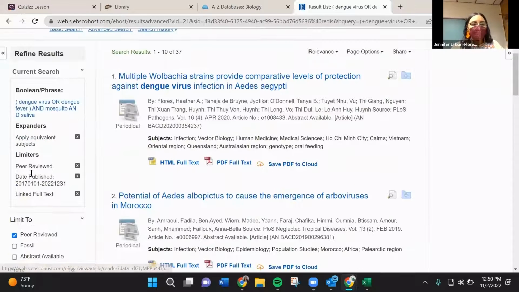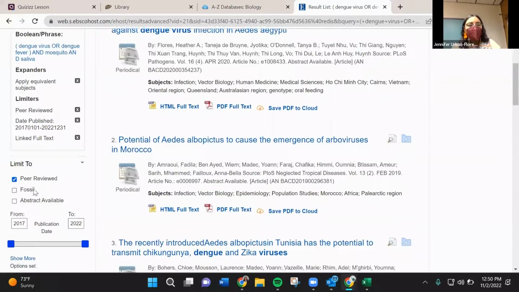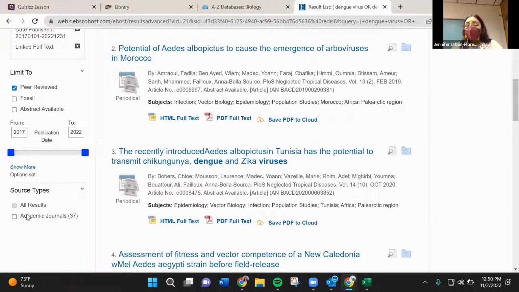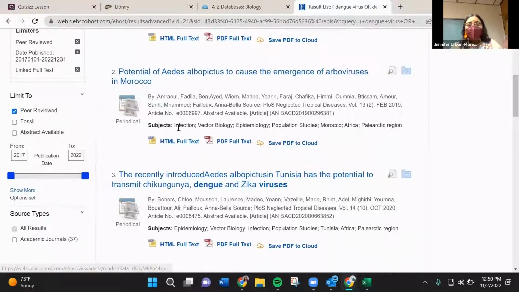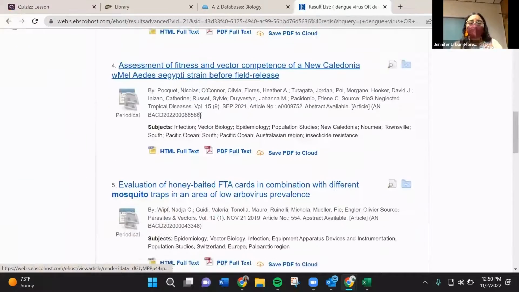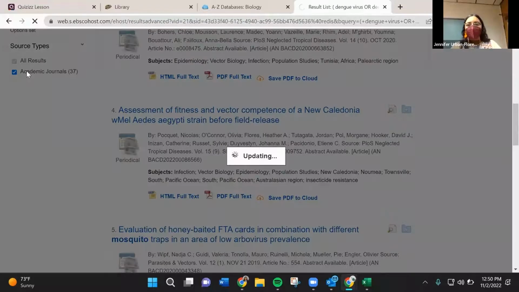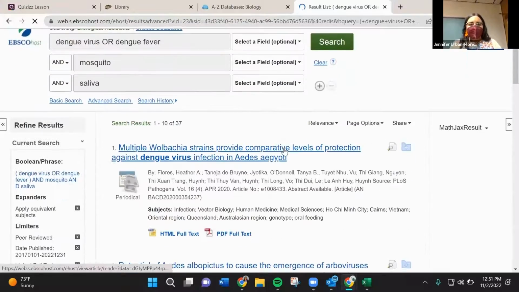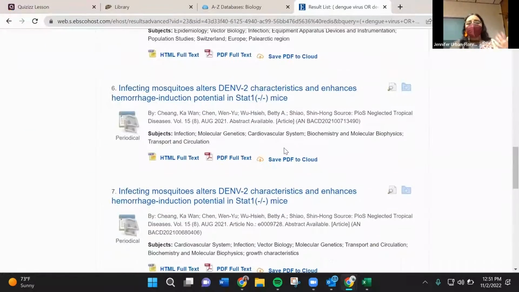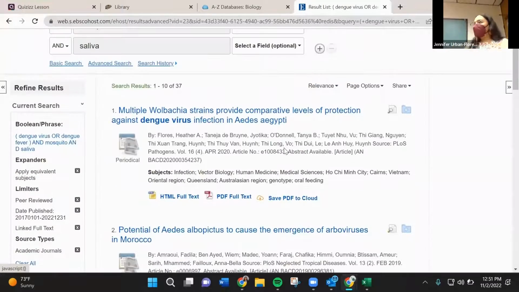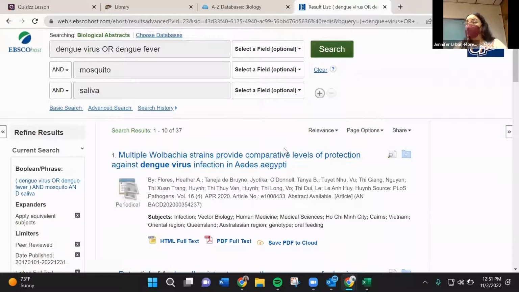Okay, so I can continue to add my peer reviewed, I can add my dates, and I can also search specifically on academic journals here. I see that a lot of these are periodicals, and so if I find that, you know what, all I want is an academic journal, I can go ahead and click on that. And then I can see if it's filtered or if it changes a little bit more. Okay, but there you go. That's just kind of showing you those different key concepts and those different types of searching. Okay. I hope that helped.